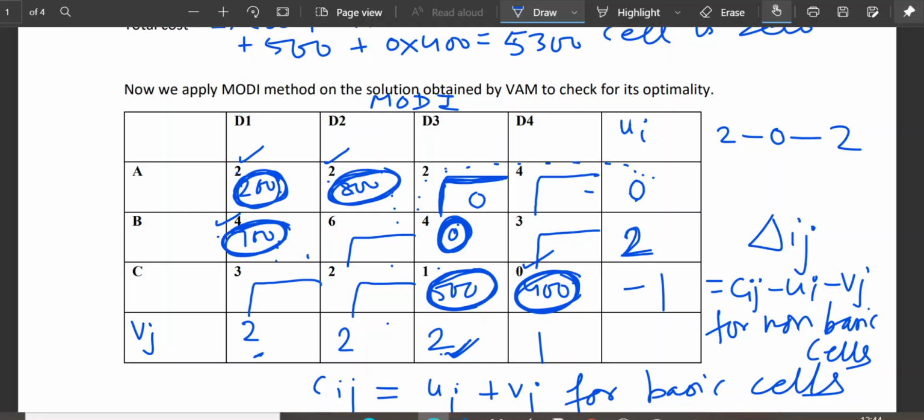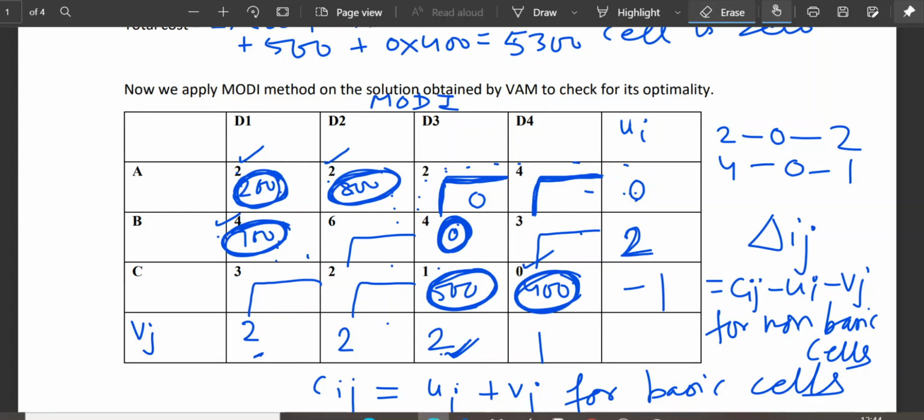Now come to this cell 4. The Cij is 4, minus the corresponding Ui, this 0, minus the corresponding Vj, this 1. So 4 minus 0 minus 1 gives me 3.